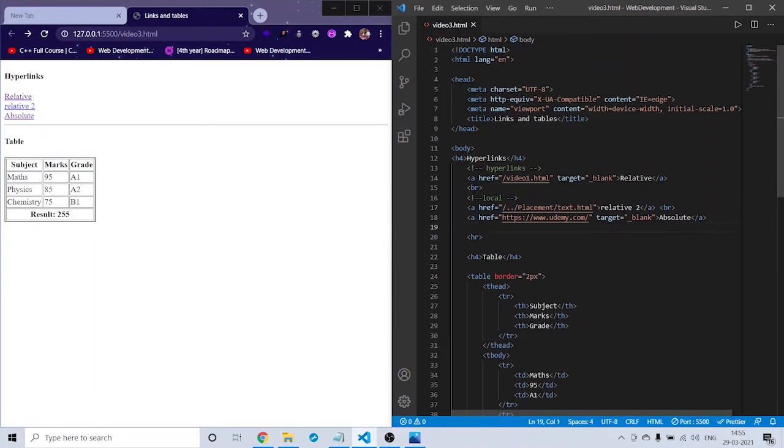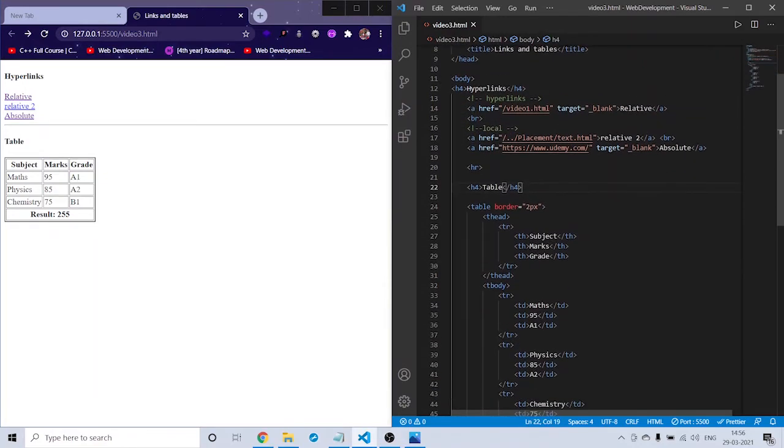And we have the second one, which is absolute. You just need to directly give the link of the web page, and you will be redirected to that. If you want to open the web page in a new tab, you need to give the attribute target with the value of underscore blank, and this is nothing but links, that's all.